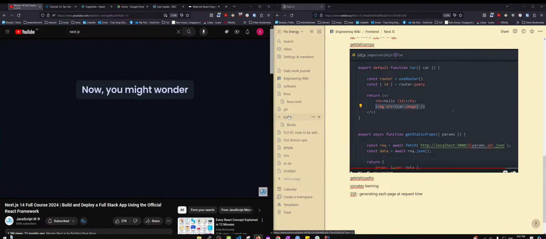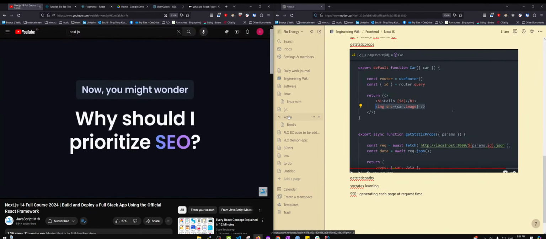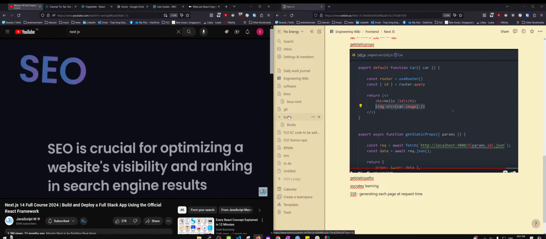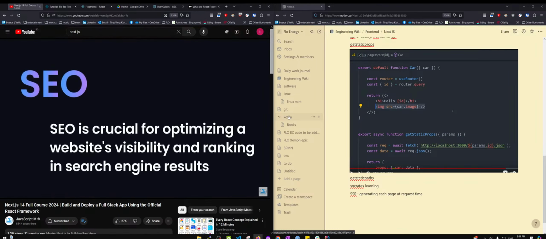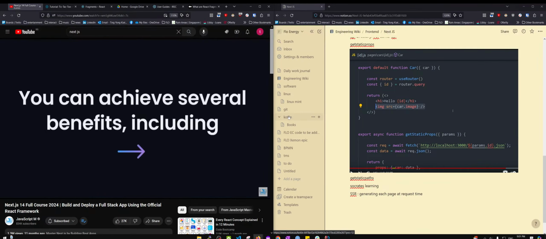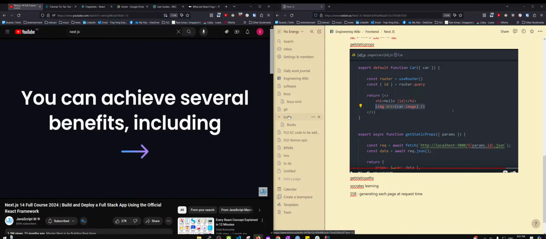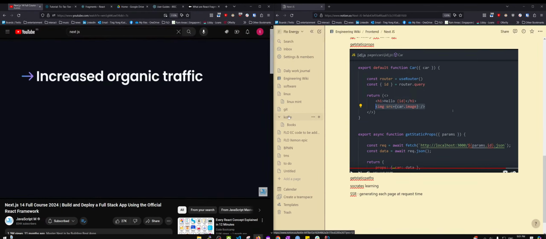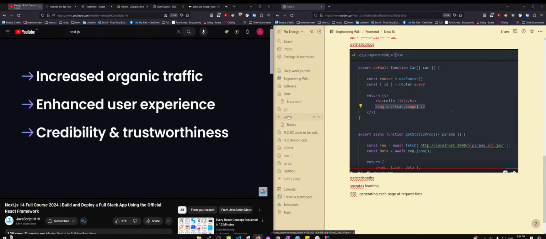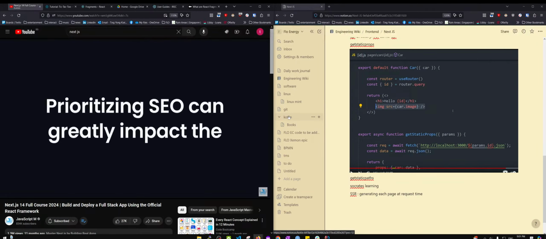But now you might wonder, why should I prioritize SEO? SEO is crucial for optimizing websites' visibility and ranking in search engine results. By focusing on SEO, you can achieve several benefits, including increased organic traffic, enhanced user experience, credibility and trustworthiness, and competitive advantage due to higher search result rankings. Prioritizing SEO can greatly impact the success of your